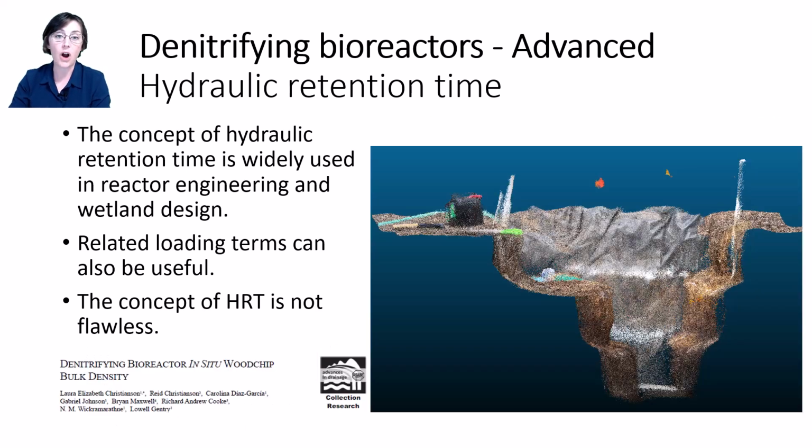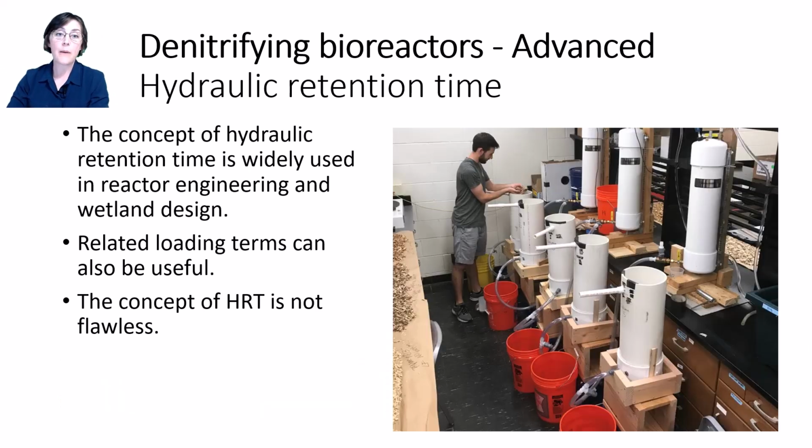For example, the porosity of wood chips in a bioreactor varies in 4 dimensions, along the length and width due to flow patterns, with depth according to saturation level in the bioreactor, and also across time. That's 4 different dimensions. And we rarely know the effective porosity of wood chips inside a bioreactor. We can do a good job of measuring this in the lab, but that's different in the field.